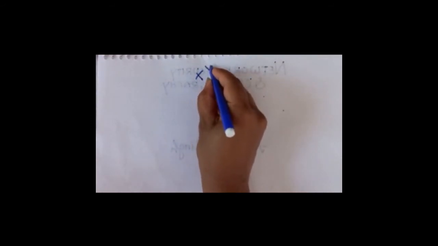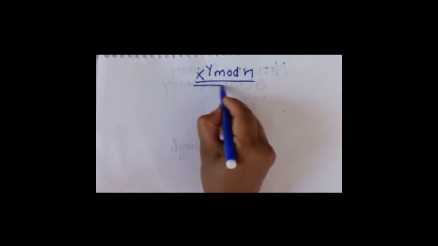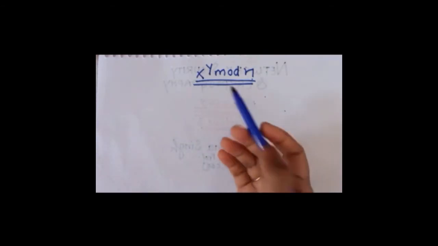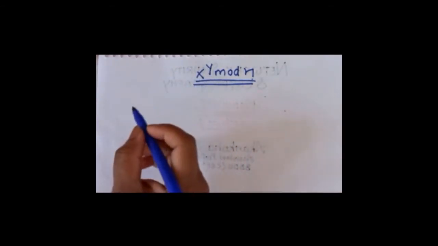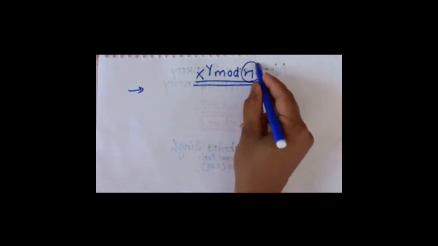One short trick that I would like to tell you guys is the short trick for finding out modular exponentiation, that is x to the power y mod n. Basically, I am generalizing the trick here. Now, most of the time you will be getting a very big value here, and the short trick for finding this out is always see how your n is.